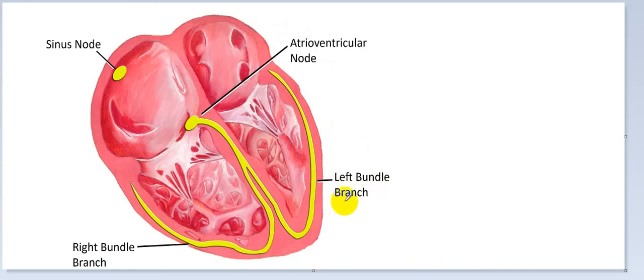The left bundle branch may also be damaged. The left bundle branch block may occur by diseases which cause diffuse damage to the left ventricle. So the diseases that cause diffuse damage to the left ventricle, as you can see, the bundle branch is in the myocardium. So if there's diseases in the left ventricle that are affecting the myocardium, if it's severe enough, it's eventually gonna affect the bundle branch. So some of the diseases are hypertension, myocarditis, cardiomyopathy, and left bundle branch block can also be seen in diseases